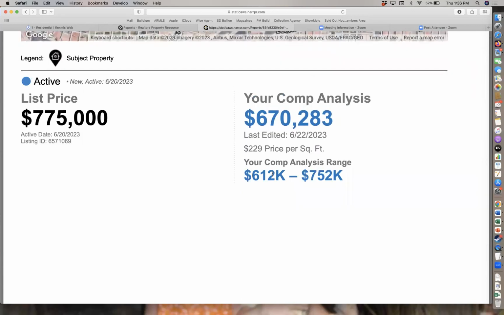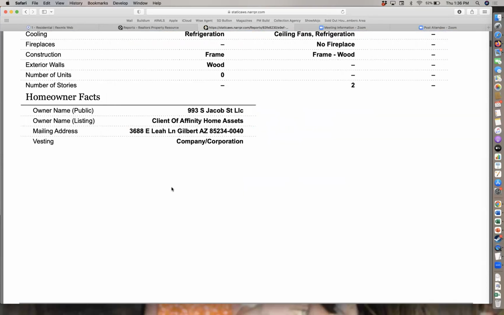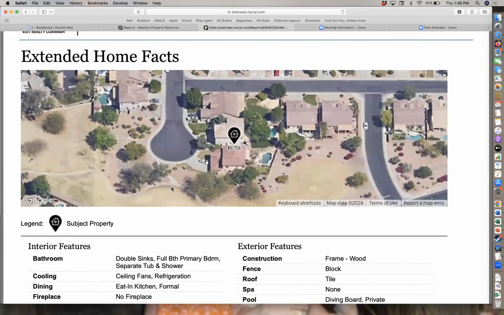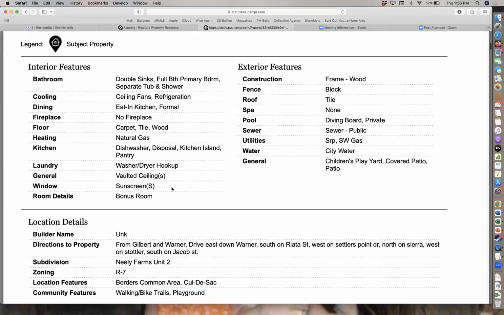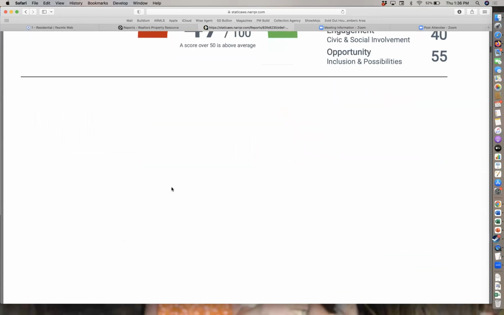So if you want to find out if a subdivision is hot or not, there's another video on YouTube that you can Google, and exit Realty Coannah, and it will show you how to determine whether a subdivision is hot or not, or basically what the absorption rate month supply is for any given subdivision. But as you scroll through, this just gives you a whole bunch of information. Like I said, there's 81 pages. We're not going to cover them all, but it gives you information about the subject property, gives you different livability scores,